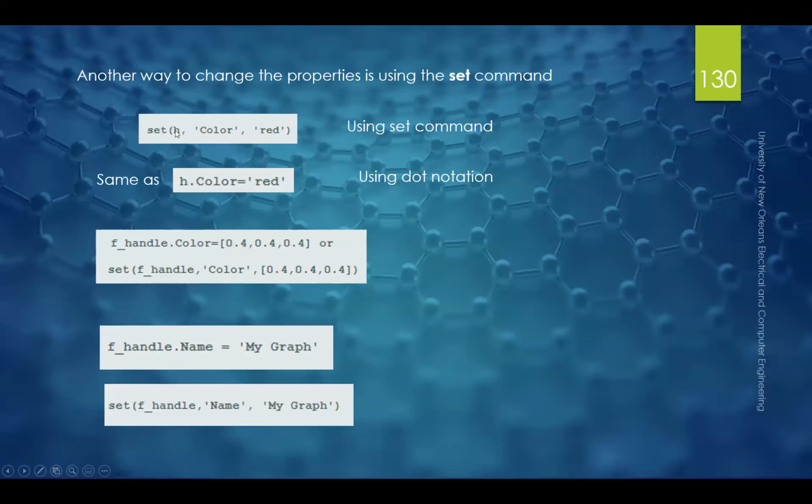In this case, if I keep with the previous example, if I use age, it refers to my actual plot. So I want to change color and I want to make it red. So this will change the color to red. It's the same as doing it with the dot command, age.color equals red. So these two are equivalent, okay? Same thing if I do the handle,